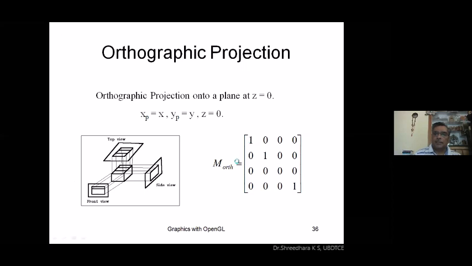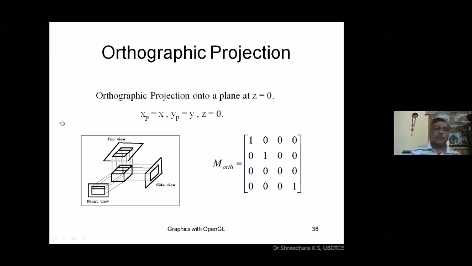In the case of perspective, observe the difference. Here 1 by d is there, and the remaining things in this column will be 0, whereas in the perspective, the last column will be different. So these are the observations you have to make with respect to these two projections. These are the only two transformation matrix derivations in your syllabus, and this question is repeatedly asked in your exam: derive the transformation matrix for orthographic and perspective. Try to answer with a diagram and the corresponding derivation.